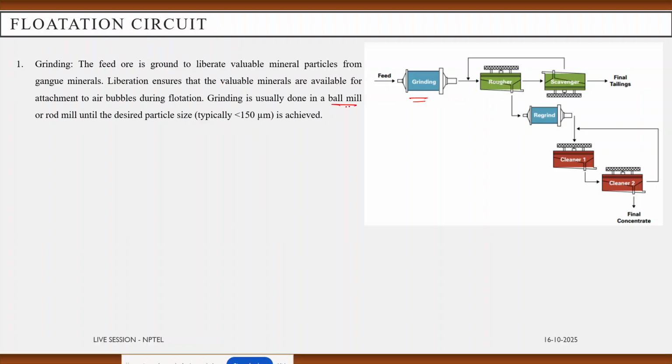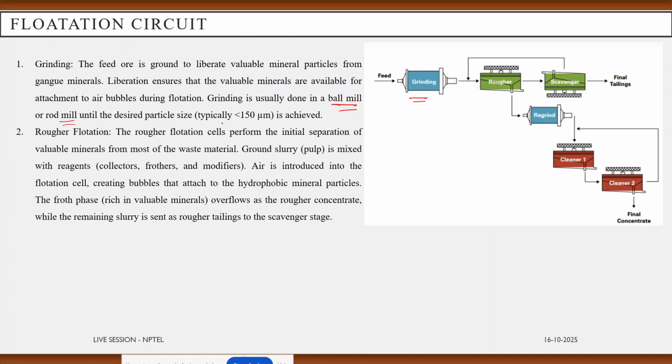Grinding usually takes place in a ball mill or rod mill until the desired particle size is obtained. Then it goes to the rougher flotation. The rougher flotation cells perform the initial separation of the valuable minerals from most of the waste mineral, and the ground slurry or pulp is mixed with some reagents, that is collector, frother or modifiers, where air is introduced into the flotation cell, creating bubbles to attach to the hydrophobic mineral particles, and the froth phase which is rich in valuable minerals